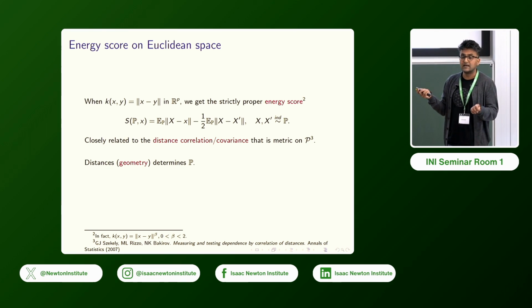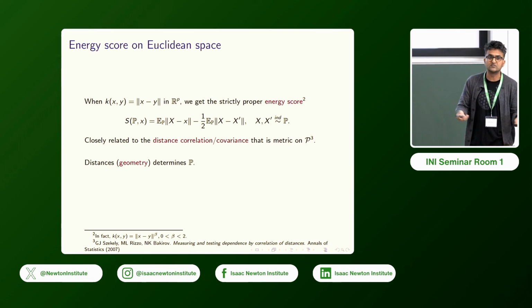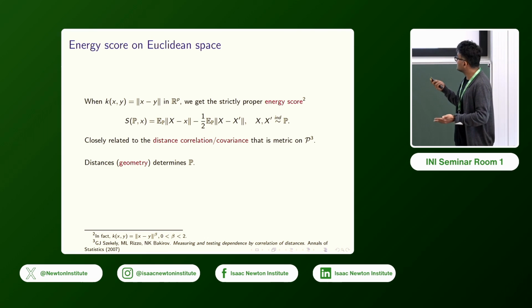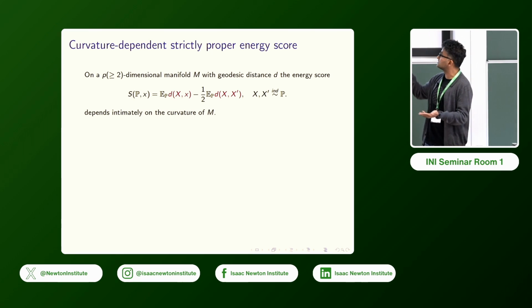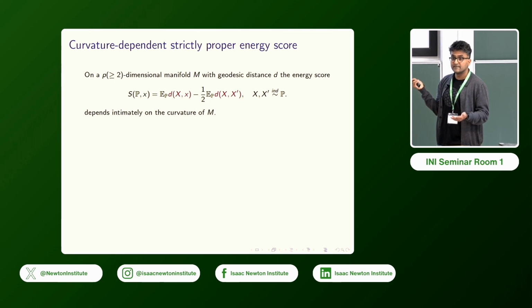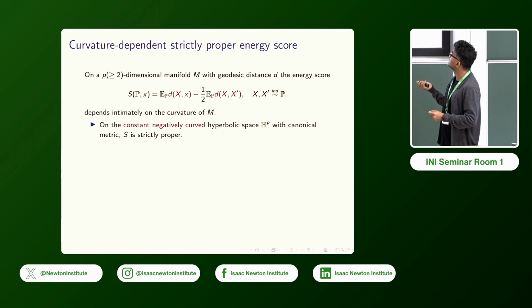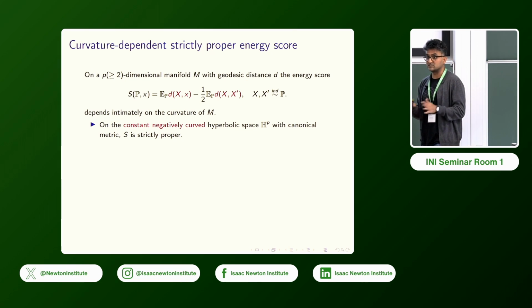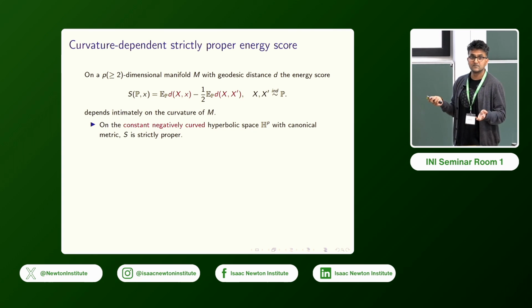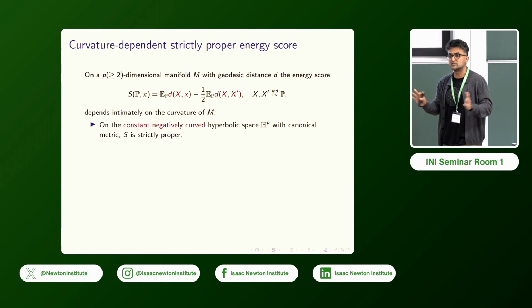And this is quite popular, especially if you want to generalize to the multivariate or higher-dimension setting, because you just need distances. So in similar spirit, if I look at an energy score on the manifold, I replace the distance by the geodesic distance, then curvature plays a role and it can't be ignored. If the manifold is a hyperbolic space, with constant negative curvature, -1, then there's no problem. This will be strictly proper. You can go ahead and do whatever one wants to do with a strictly proper scoring rule.